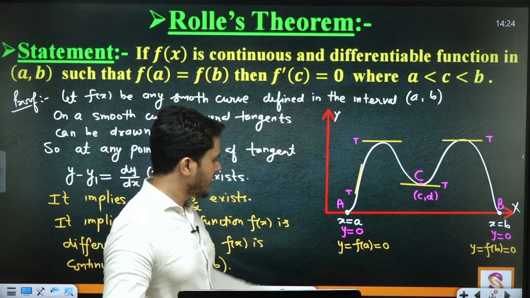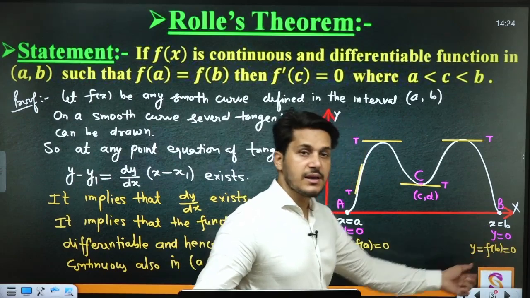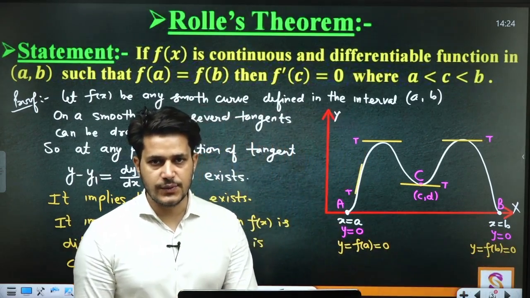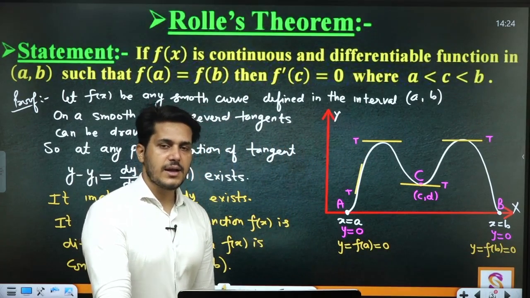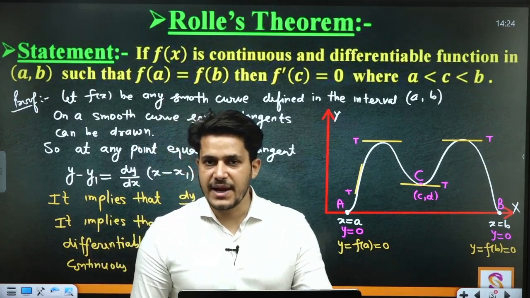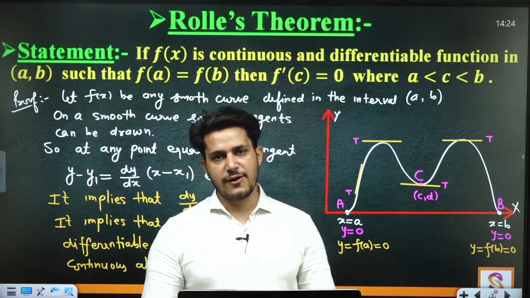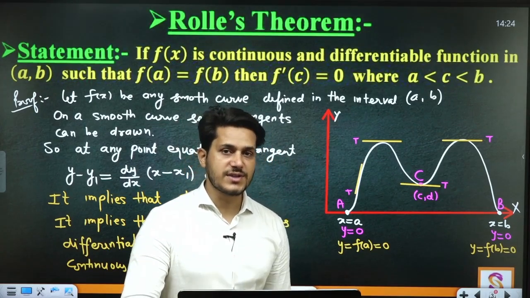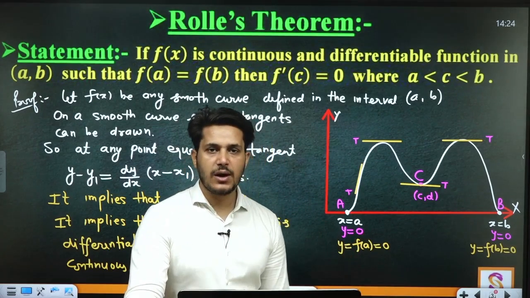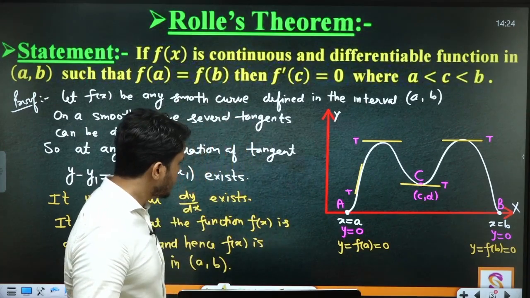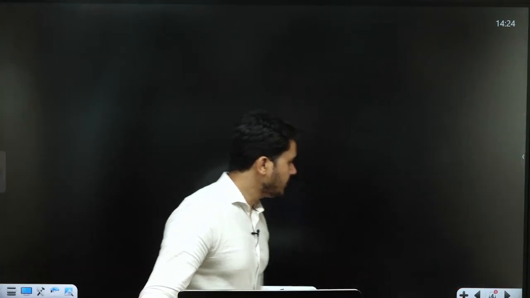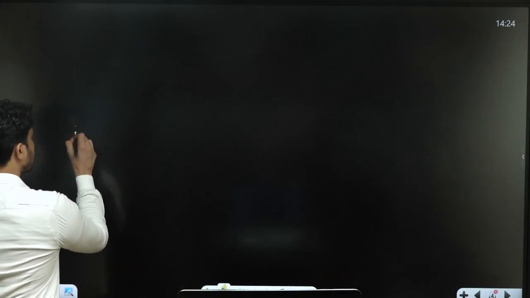So in this way f(a) equal to f(b), both are equal to 0. And Rolle's theorem is applicable only when the functional values at the extreme points f(a) and f(b) both are equal. This is the speciality of Rolle's theorem, right? So the second statement we will prove now